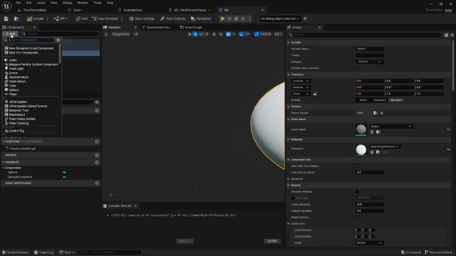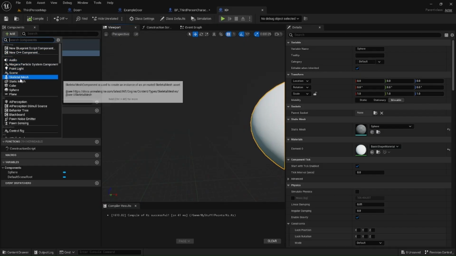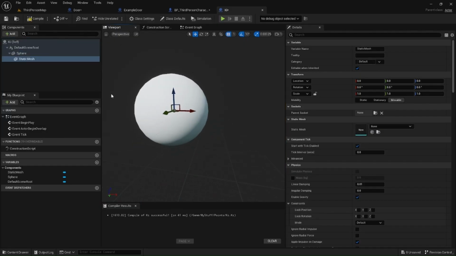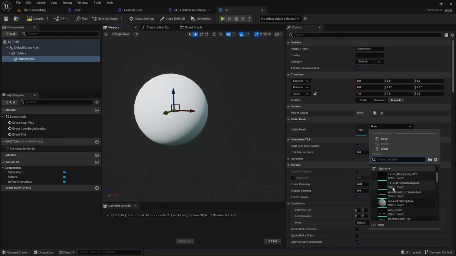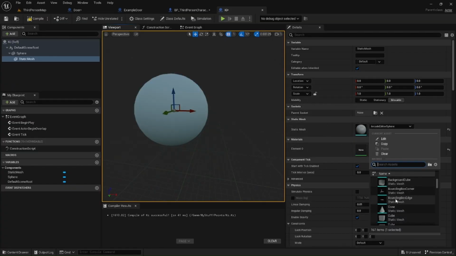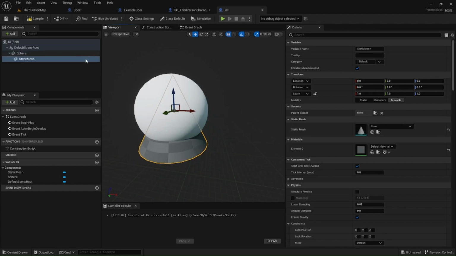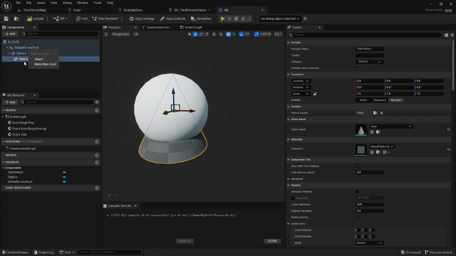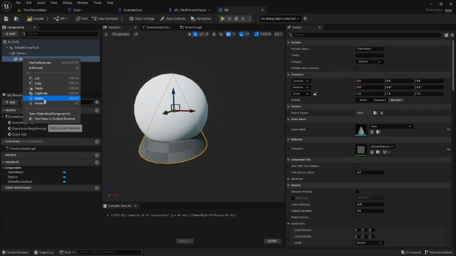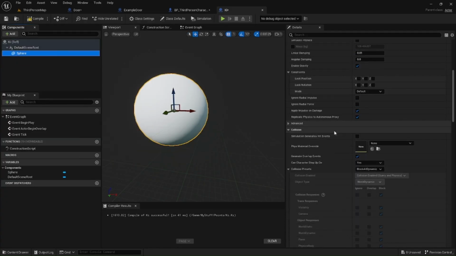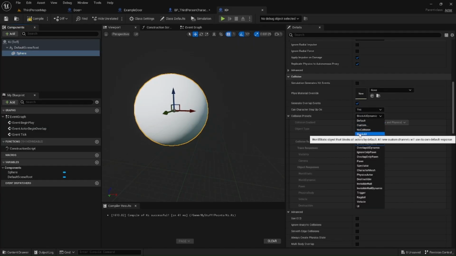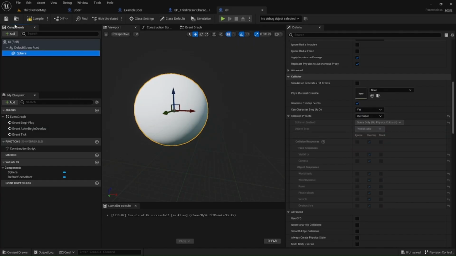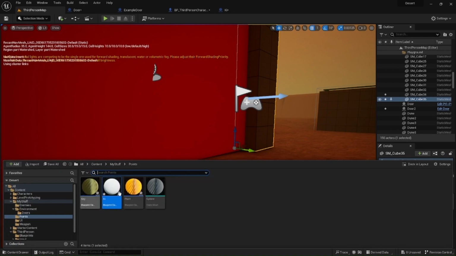Or if you want to add in your own, like if you have a custom model for a key, you can do static mesh and then select the mesh for whatever key you want. You can do a cone. Let's do a cone. Whatever, we'll just do a sphere. So this is our sphere and we want to make it overlap everything. So that means when we place it into our world,